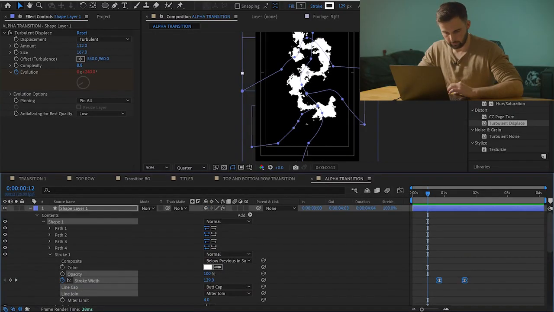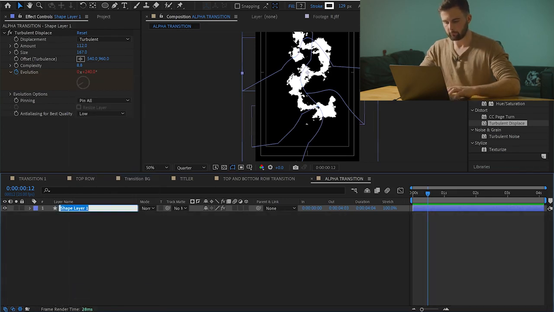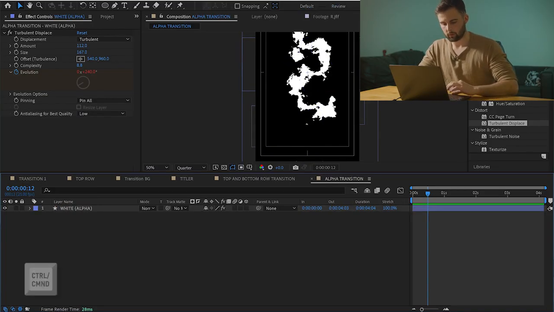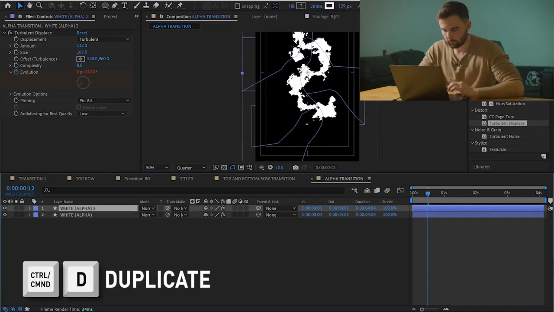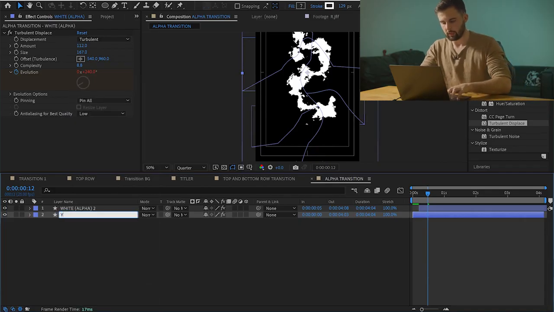So we're going to do this again, I think. So we're going to call this, rename, white or alpha. I think we're going to duplicate it, and we're going to offset the bottom one, or offset the top one, sorry. And we're going to call this bottom one yellow. So now let's go to our shape layer, our bottom one, and let's go to contents,